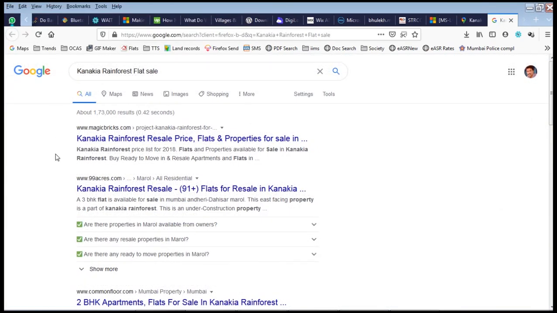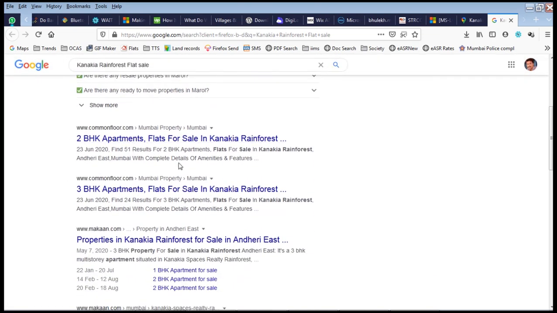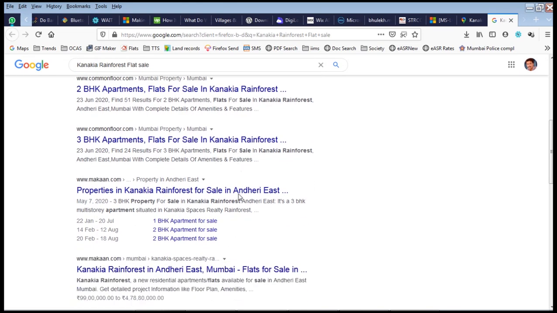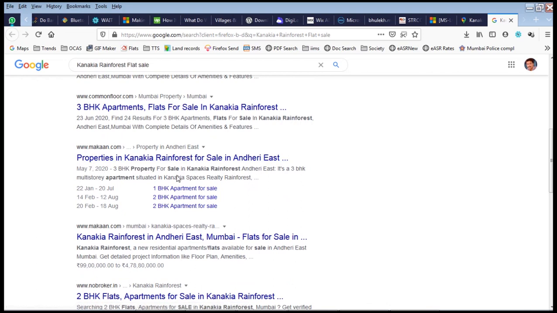Friends, as mentioned earlier, here is a tab ready with us which shows the price trend of property from different websites like 99acres, Magic Bricks, Common Floor, Housing.com, etc.